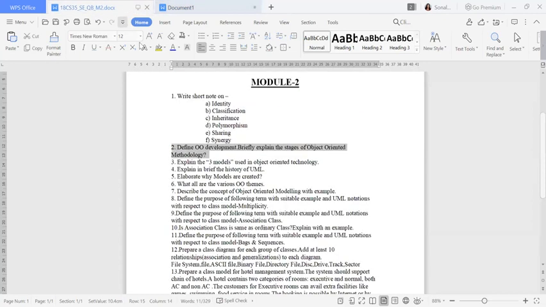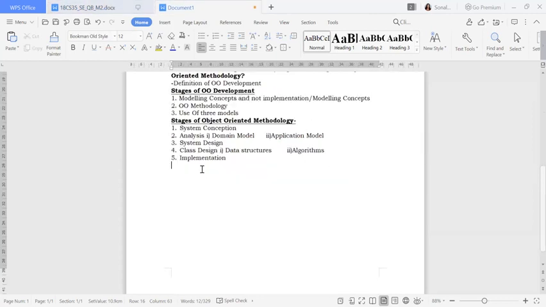Fine. So moving towards your next question: explain the 3 models used in object oriented technology. How are we going to do this? I'll just copy paste the question here. Let me increase the font size. The number got changed, no problem, because as I have already taken the number, it has been changed. So now: explain the three models used in object oriented technology.